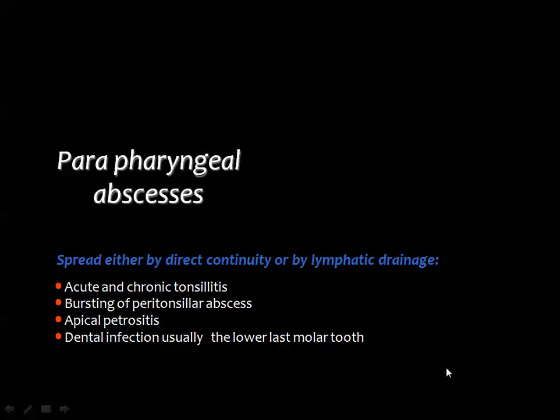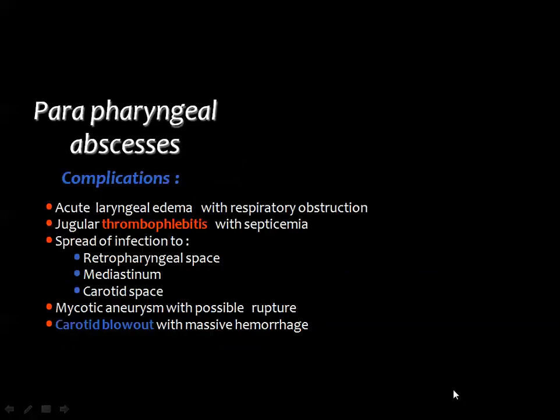And you remember that retropharyngeal abscess may spread laterally into the parapharyngeal area. Complications are serious and they include jugular thrombophlebitis with septicemia. This is a very dangerous complication, and